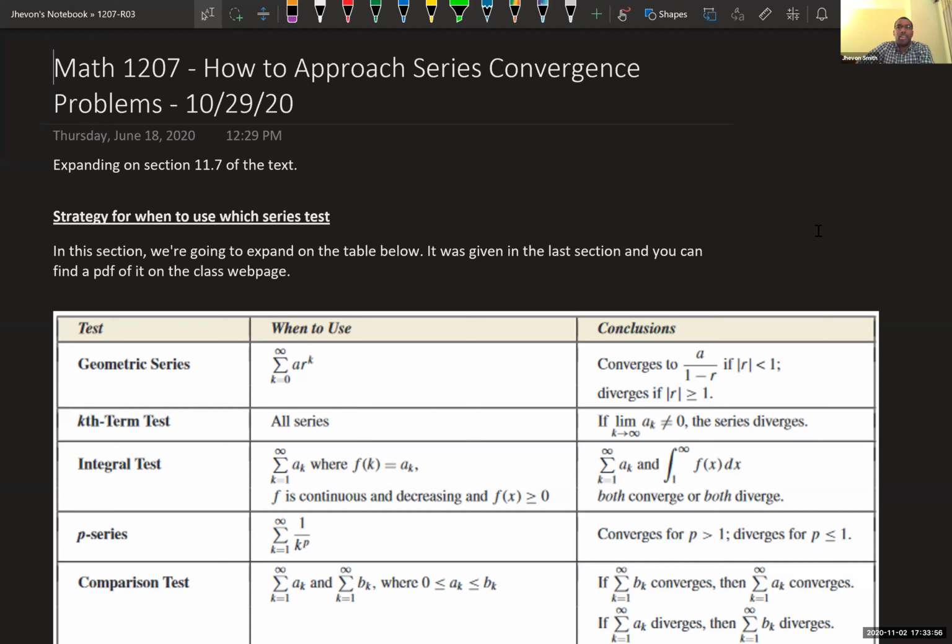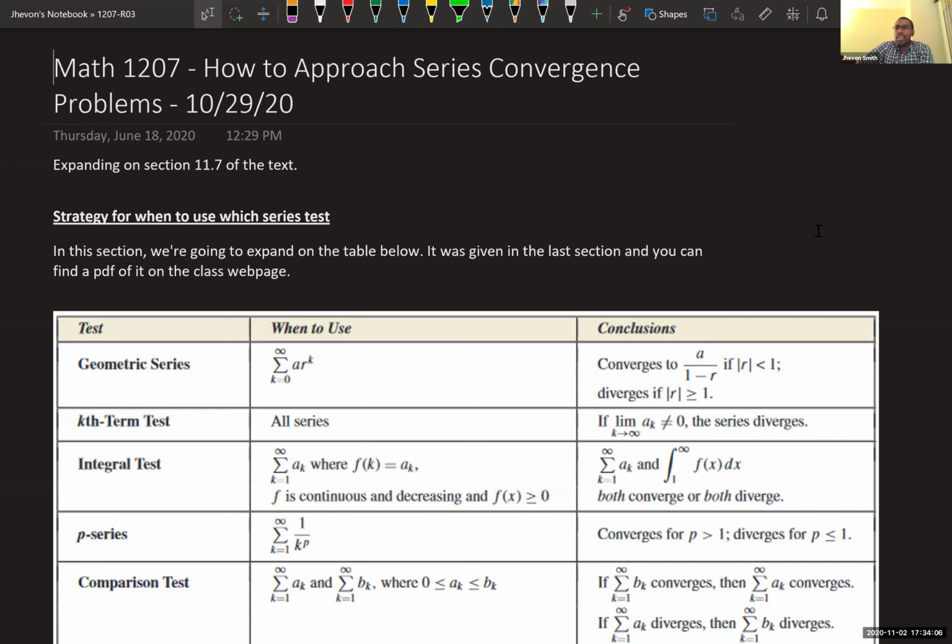So that being said, I will ask you directly whether or not certain series converge, and that presents a challenge in the sense that for a random series, how do you even know what series test you're supposed to be doing? So here we went through 10-ish or so series tests